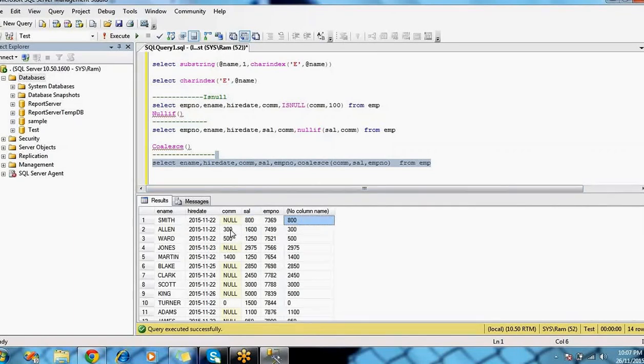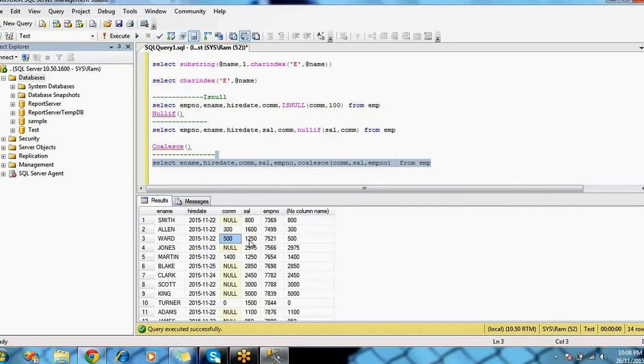Then if you come to the next row, whether this commission column has a null value or numeric value, yes, it has a numeric value, so it does not jump into the salary column and employee number column. It directly displays the commission column value 300. And if you come to the third one, here also it will check the first column, the commission column, whether it has a numeric value or null value.